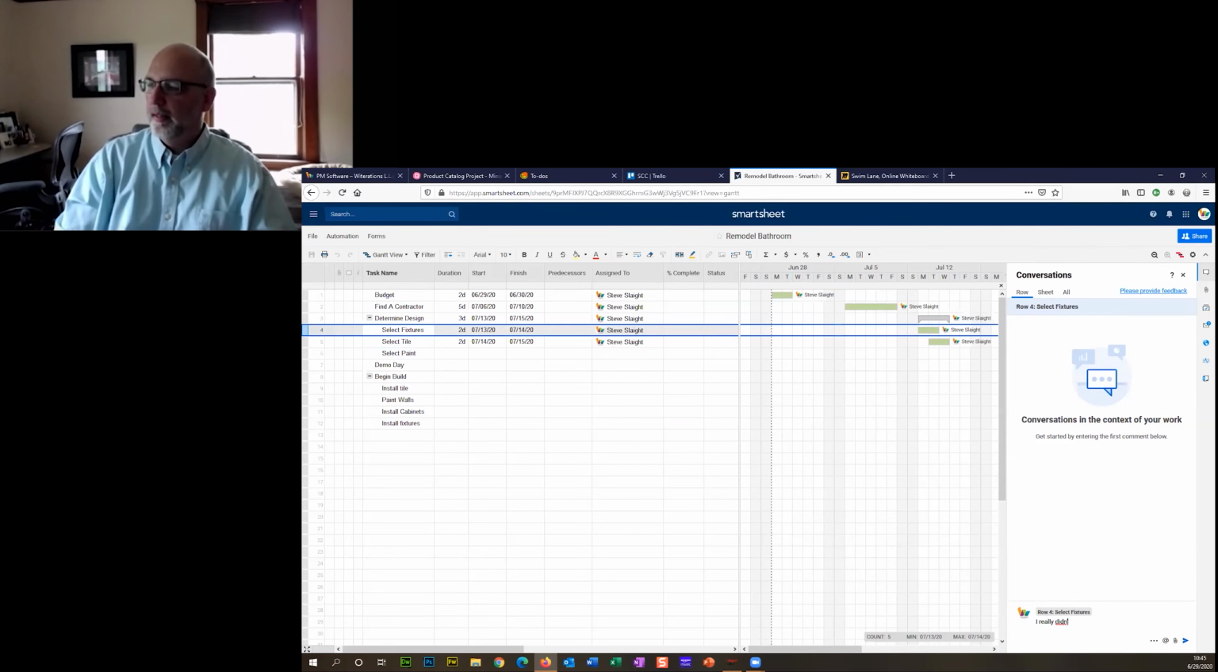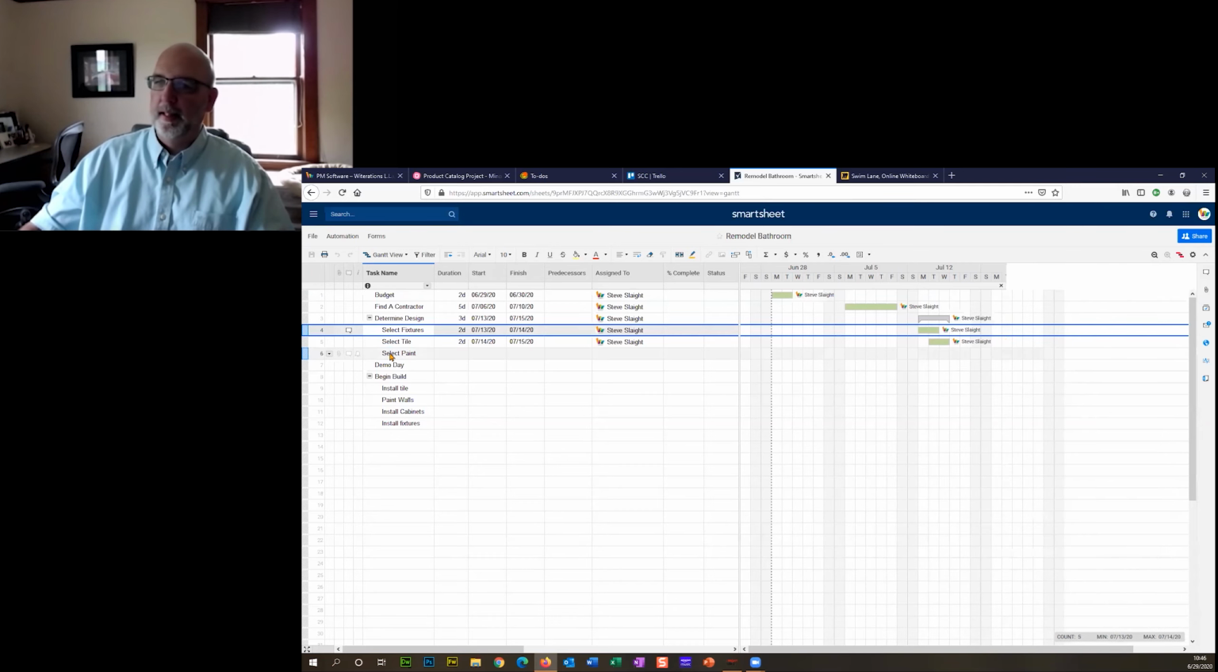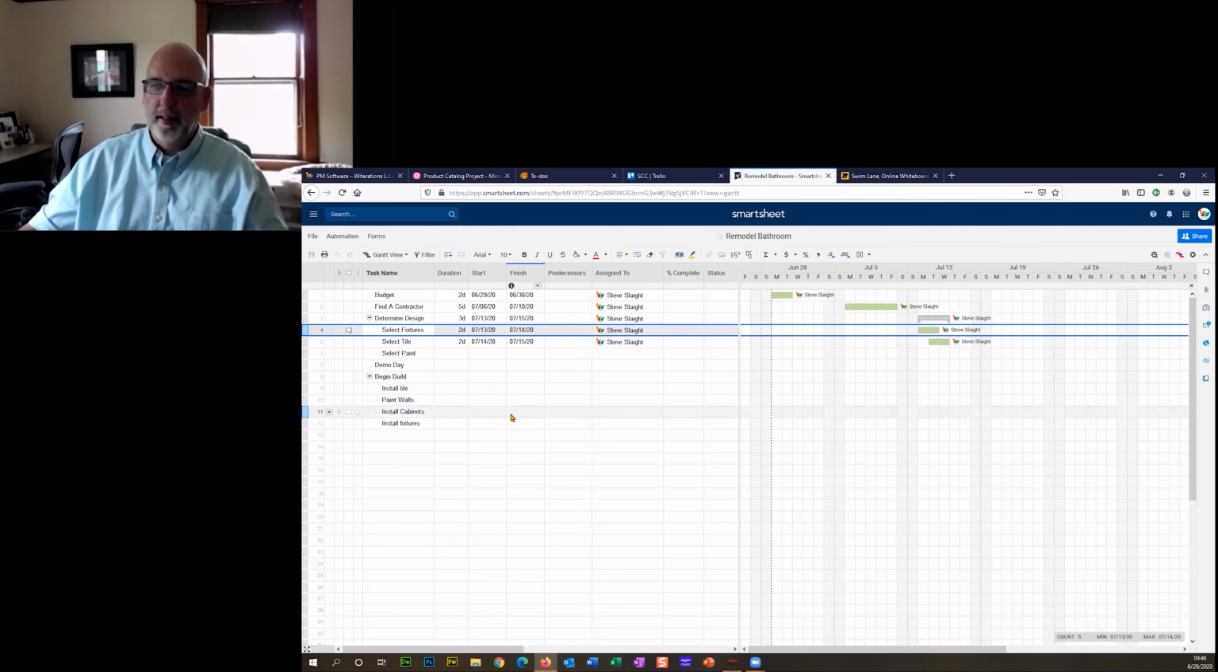I really didn't like the $20,000 faucet, for obvious reasons. So I can keep track of notes. We can have a conversation back and forth. And again, you can share this outside of your organization. You can share the sheet with anybody, and they can comment on it, and they can say what they want to say